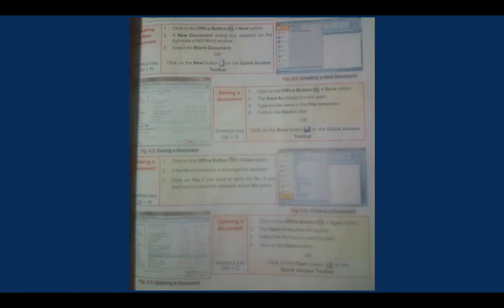I have saved a file named form4 yesterday and today I want to open the same, so I will click on the Office button open option, or I will open my MS Word application and then I will press Ctrl O and it will allow me to open my document. Alright, so children, these are the different shortcut keys which you have already seen, right? It is just a one type of a glance.